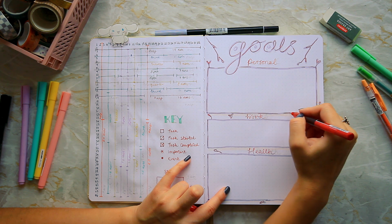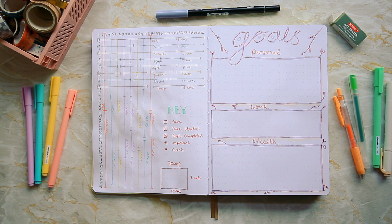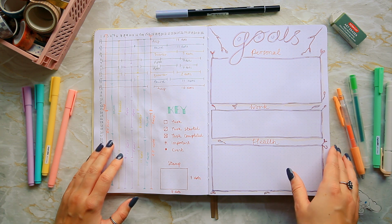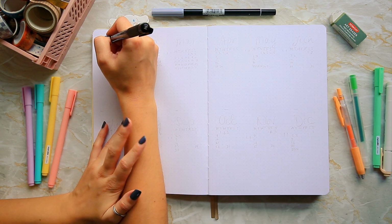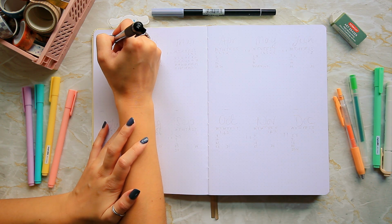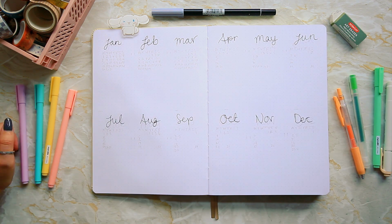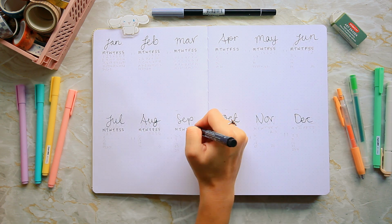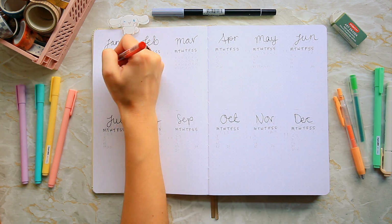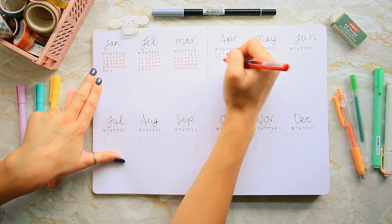You can see that I'm trying to use watercolor on this paper. Being 160 GSM, I really hope that it would be able to handle watercolor. I've seen a lot of other people use watercolor in their journals, and I really hope this one would, but as you can see, it's warped quite a lot. It might flatten out over time, it might become a little bit better, but you can see the pages are quite warped, so I don't think I'm going to be continuing watercolor, which is really sad because I don't actually